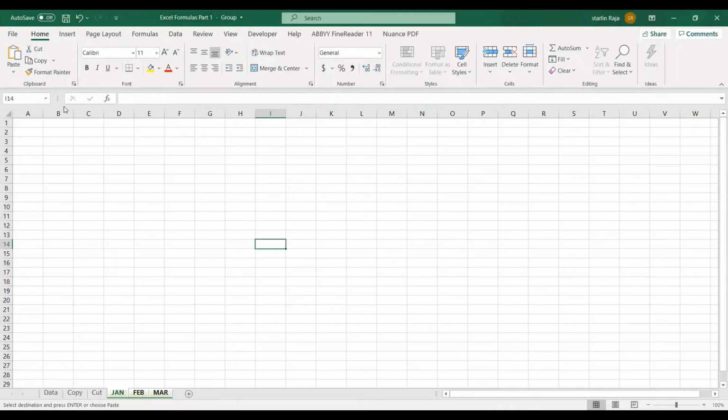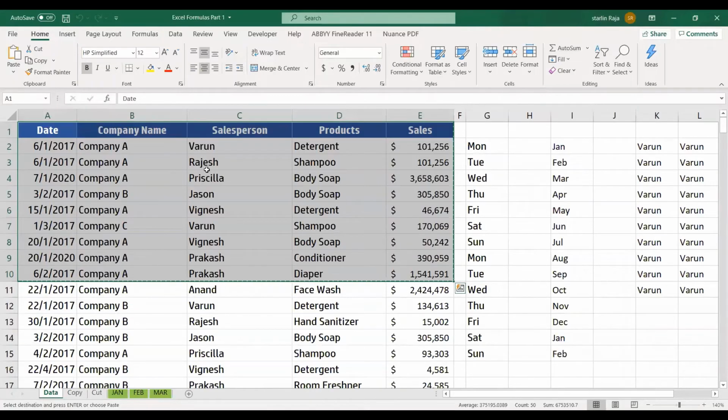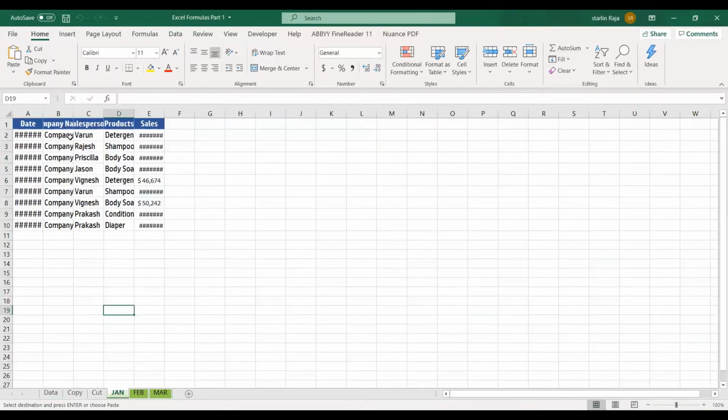And then I'm going to paste here. I'm just keeping my cursor on the A1 cell. I'm clicking paste. So now all these 3 tabs have been pasted, but if you see like this, you wouldn't really see whether it has really been done. So now I'm going to ungroup it. To ungroup, you can just click on any other tab that's not grouped. So now the data tab has not been grouped. I'm just going to open the data tab. The grouping goes off by itself. So you can see here there's no group in the name of the Excel. So let's just see here. Okay, Jan, it's copied. Feb, it's copied again, and then March is also copied.